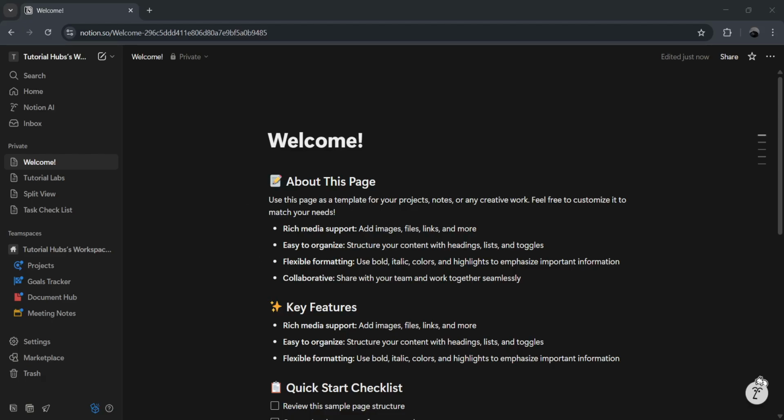Welcome back, everybody. Today, I'm going to teach you how to search better in Notion using the Quick Find feature. If you work with multiple pages and databases, knowing how to search efficiently can save you tons of time navigating